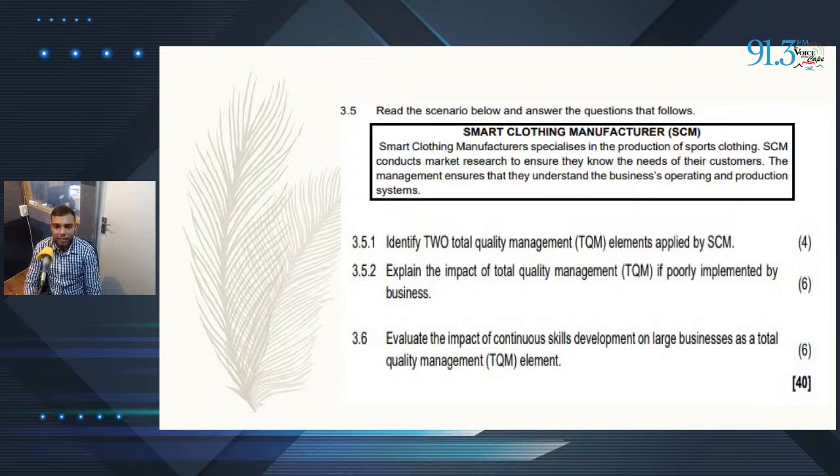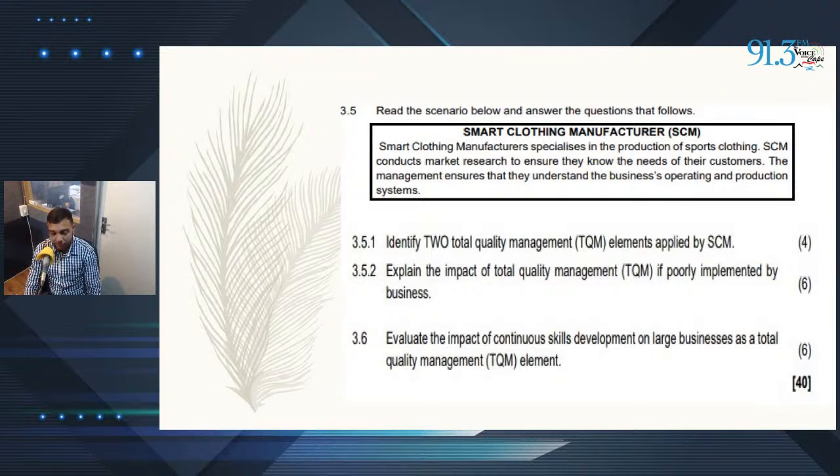So we're talking about customers, so therefore we can immediately say that it is continuous or total client satisfaction. And they're talking about production systems, so therefore we can now say it is continuous improvement of processes and systems. Remember to highlight those keywords in order to answer the questions. 3.5.2, explain the impact of TQM if poorly implemented by businesses. Remember, guys, impact